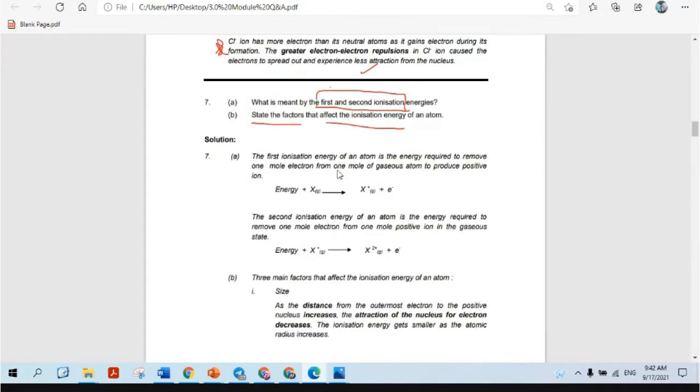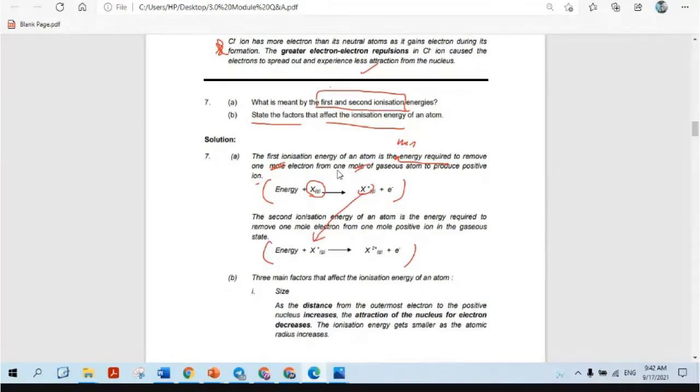So when you give the definition, you must come together with this equation. If you notice, initially it is a gaseous atom. So the first ionization energy of an atom is the minimum energy required to remove one mole of electron from one mole of gaseous atom to produce a positive ion. Second ionization energy, dari positive ion ni sambung lah,